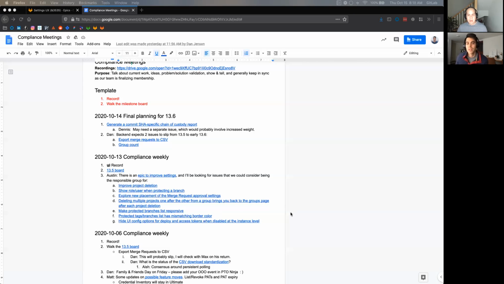Feel free to ping the Slack group or myself when there are parts like that. Settings is an interesting one because historically no one group really owns it. It connects to all the groups, but no one group really owns it.